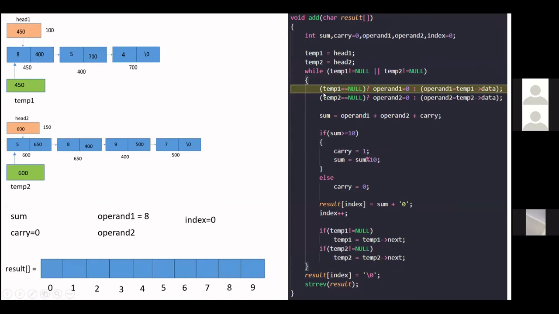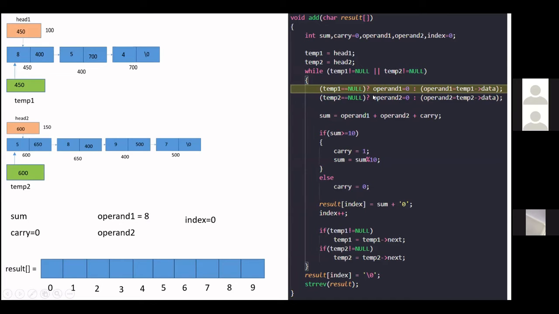Now it goes to this statement. It says temp 1 equals to null. If it is null, we will take operand as 0. We are storing the data field of each node from the first linked list inside operand 1, and the data field of the second linked list inside operand 2.